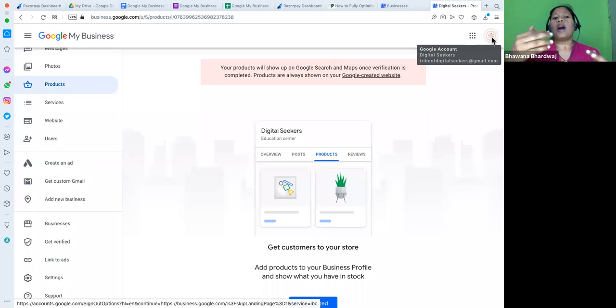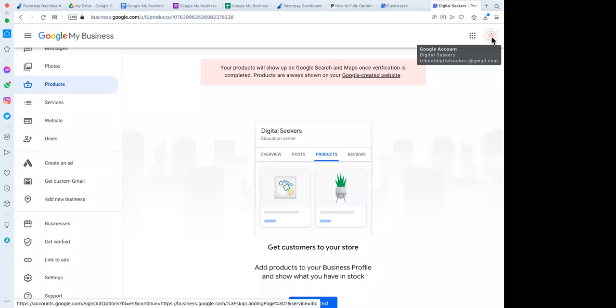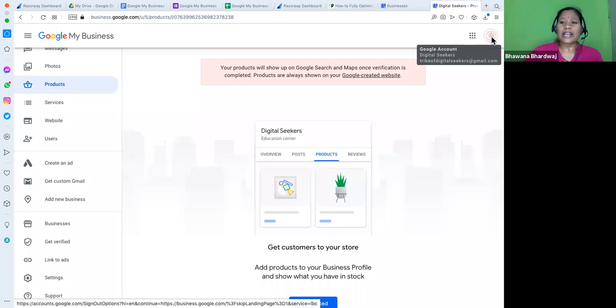So let's suppose I'm the service provider, and you are asking me, Bhavna, manage my TM Hotels Google My Business. So in that case, you will not share your Gmail ID and password with me. Rather, you can give me rights as an advertiser or as a manager. I will share my email ID and you can give me the rights. So once you give me the rights, I can access your business in my Google My Business account. In my Google My Business account, I have 5 accounts. I'm managing 5 clients.